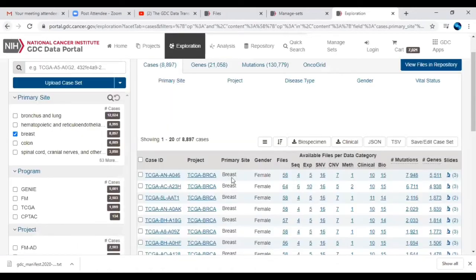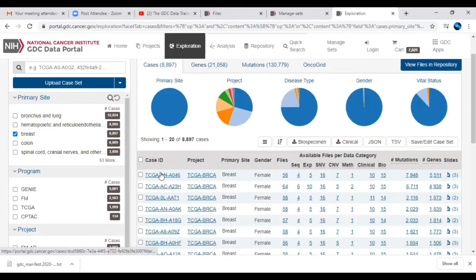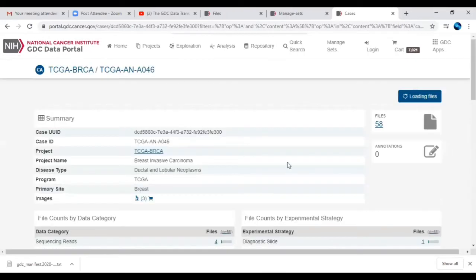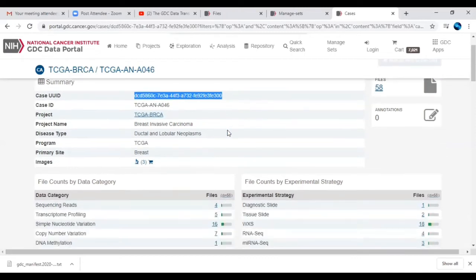Next, I'm going to show you how to study only one case ID. I will just click on this particular case ID, and here you get the summary of it. It has a unique case UUID. This case UUID will be really useful for downloading by using the data transfer tool.